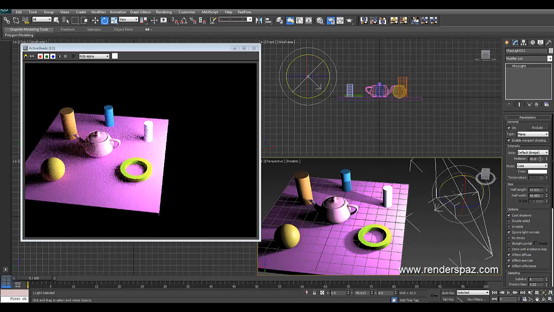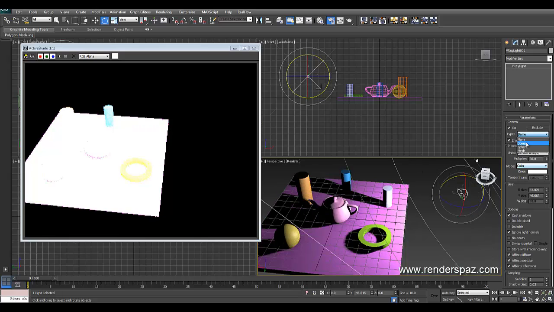Right now we have the multiplier at 30, and let's actually start from the top. So right now, as you can see, the light source is a plane type, but we can also say we want a dome. If we say we want dome, this creates an environment around